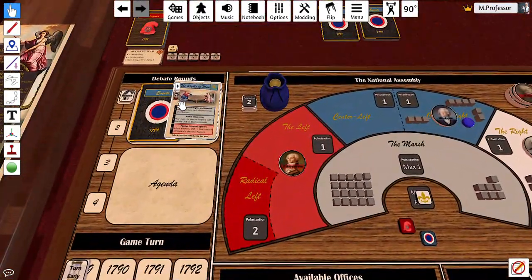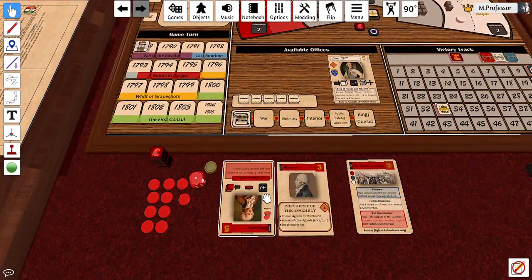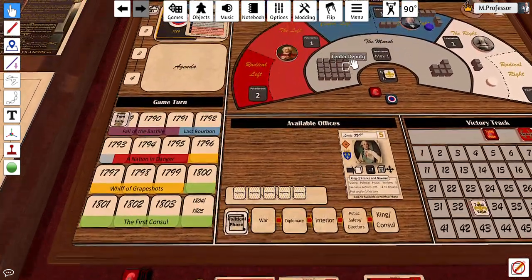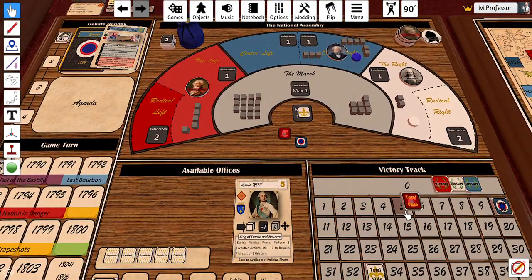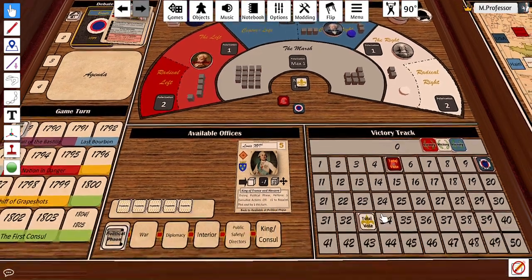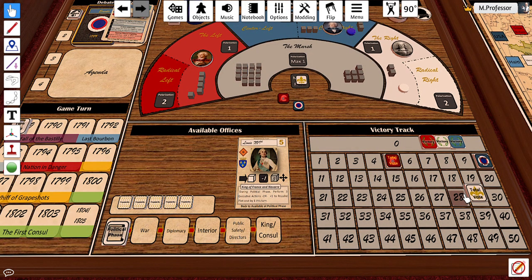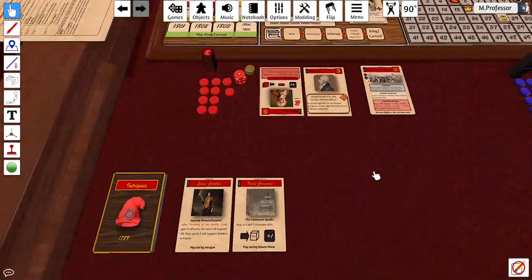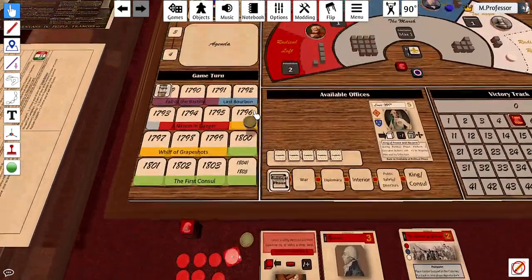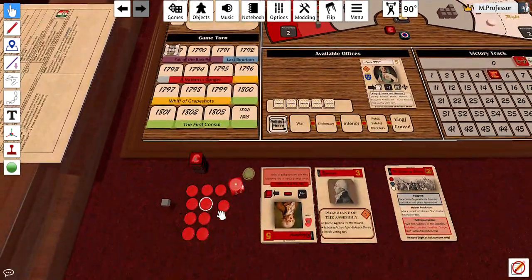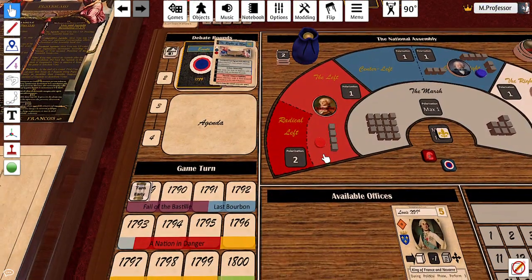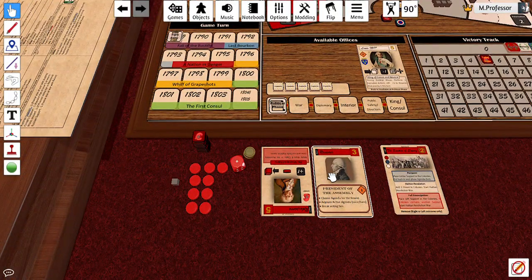Next up, the left. Robespierre will speak. So he will shift 5 deputies towards his side. That gives him 5 votes and reduces the right to 28. He will then pay 1 influence out of the 3 he has left to exchange this one for a club. And finally, he will